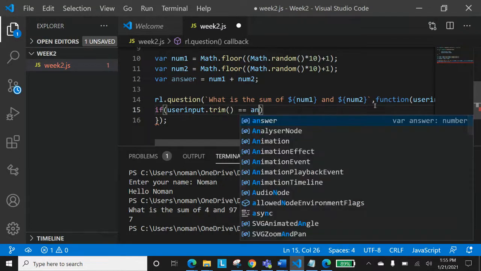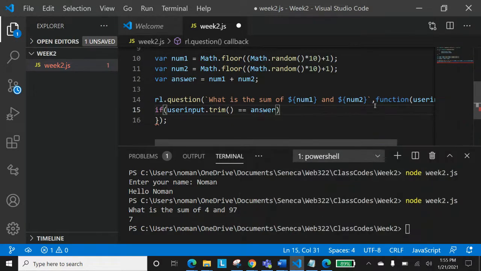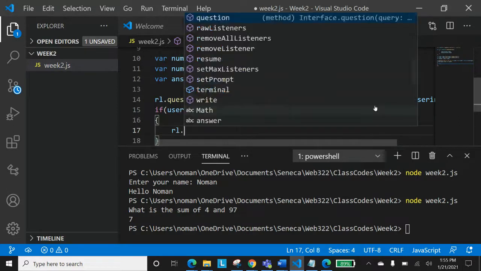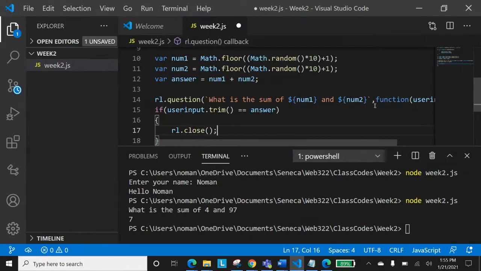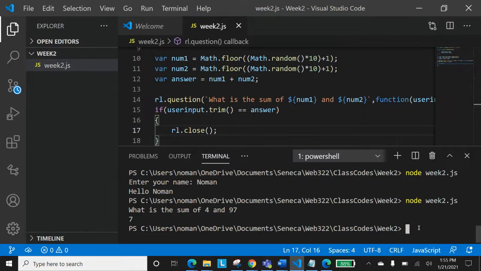You can trim the answer and compare it with the answer. If it is equal to the answer, you can display a message, or here I'm just closing it, because you saw that rl was not closing. So now I'm closing it.